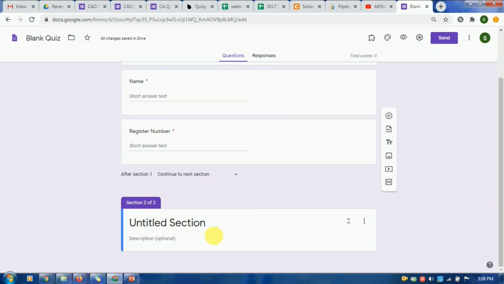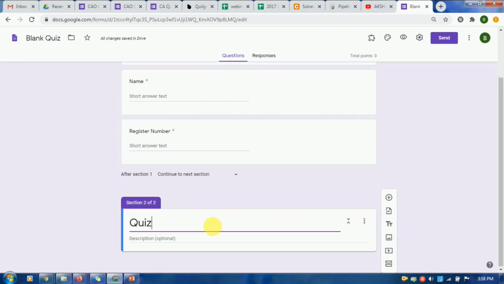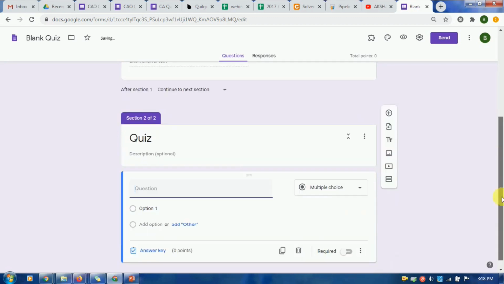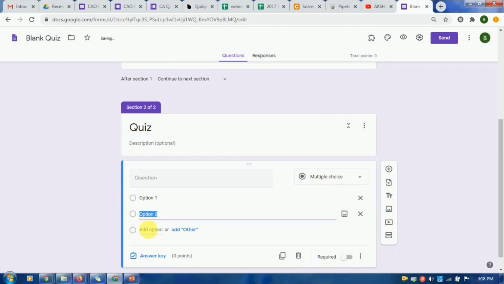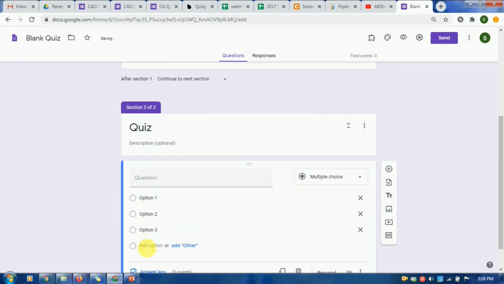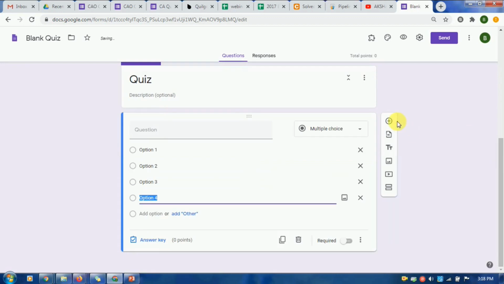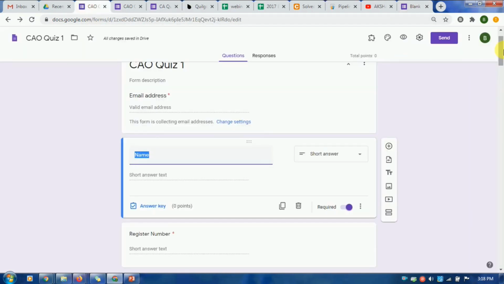Here I am going to insert the questions actually. So here you can add the questions, and for that particular question you can add the required number of options. So this is the way you can add a number of questions. The questions can be text, or you can insert some images by clicking this add images button, or if you want to ask any question from a video, you can insert that video also inside this Google Form.